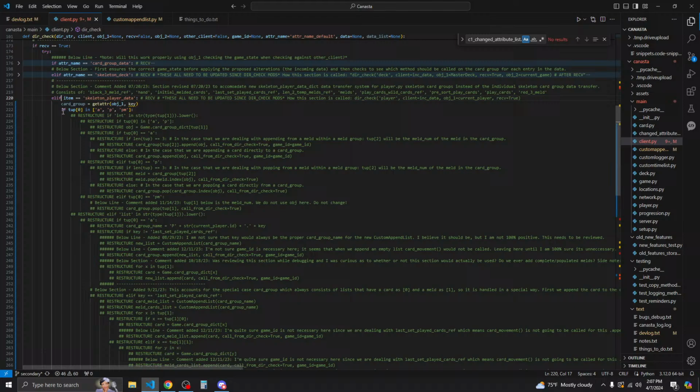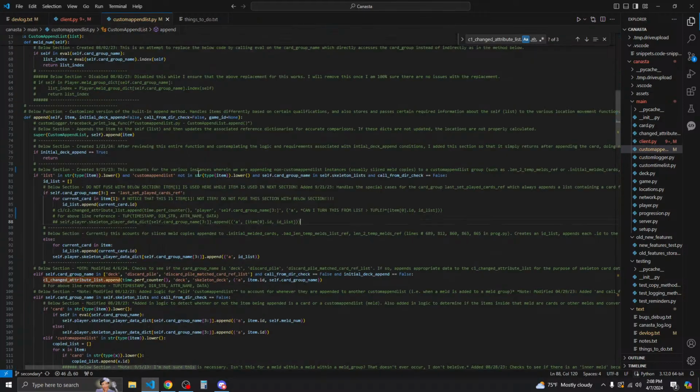So we have if item is equal to skeleton player data, card group is equal to get adder at object 1 and key, but it's not going to be key anymore. It's going to be, so this is supposed to be the card group name. Yeah, or rather this is the attribute name, because this would be like hand or play cards or pre-sort play cards.